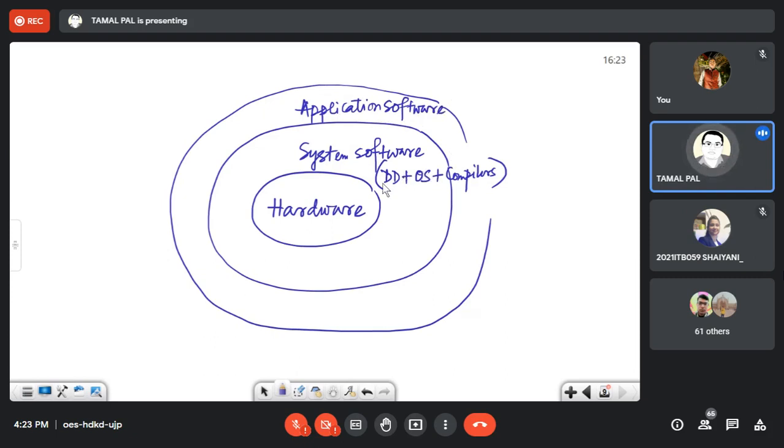And sometimes you will find that an application program has an extension on it known as the user interface. That means, let's say you are going to sum up two numbers or 10 numbers, 10 students, whatever. You can write your program.